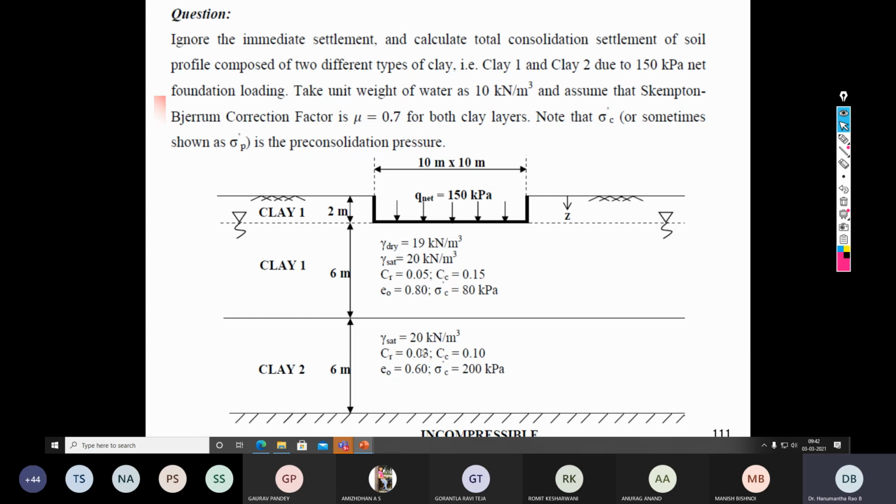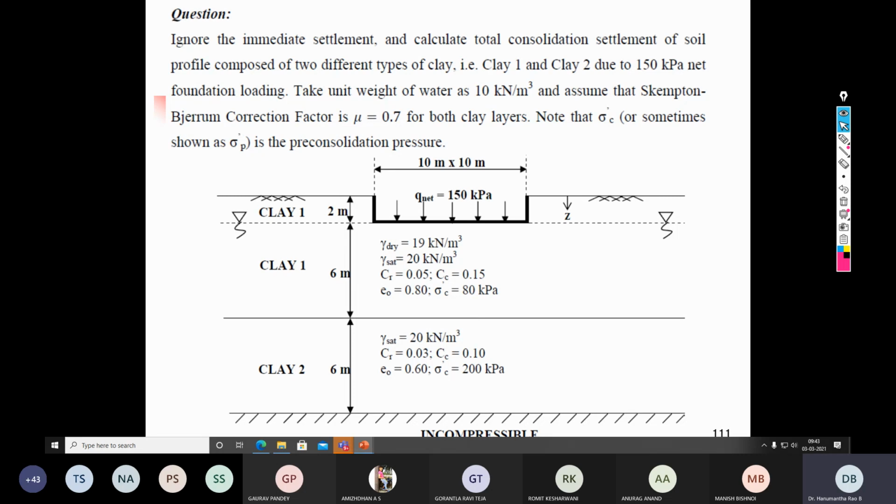And for layer number 2, gamma sat is 20 kilonewton per cubic meter. Recompression index is 0.03. Compression index is 0.1. E0 is 0.6, and pre-consolidation pressure is 200 kilopascals. So you are asked to calculate the consolidation settlement. Can I go to the next slide? First of all, you need to understand what equation you need to use